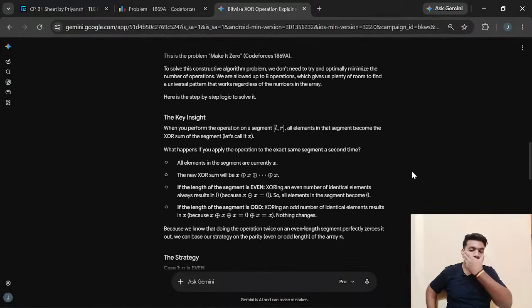Okay. You still need to solve this constructive problem; I don't need to try an optimal minimization. When you perform the operation on a segment L to R, all elements in that segment become the XOR sum of the segment. Let's call it X. Now apply the operation to the exact same segment a second time. What happens? The new XOR sum will be